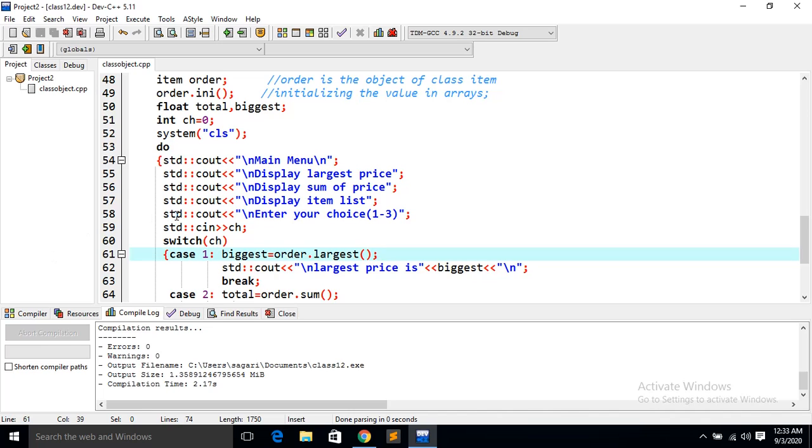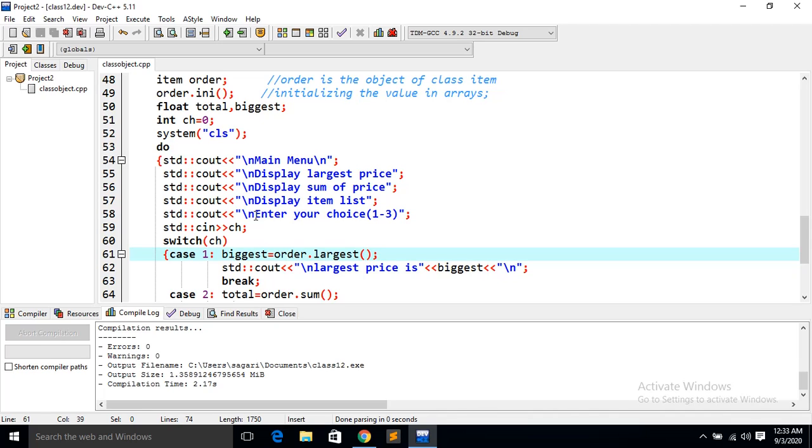So it will show you the menus. Main menu display larger, that means this is the view you can see before entering the values. Now here you see the choice variable. I have initialized it to 0, that means by default the value is 0.